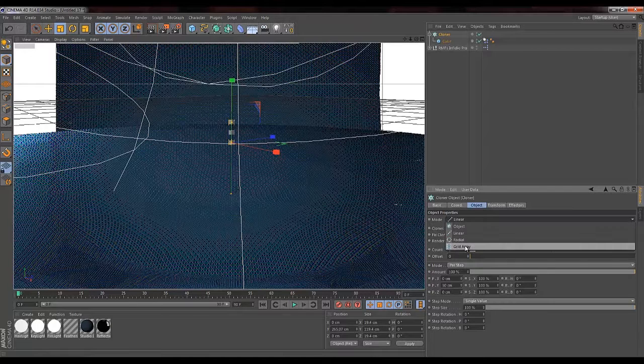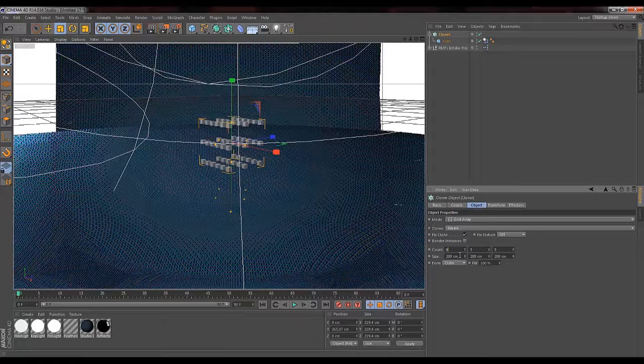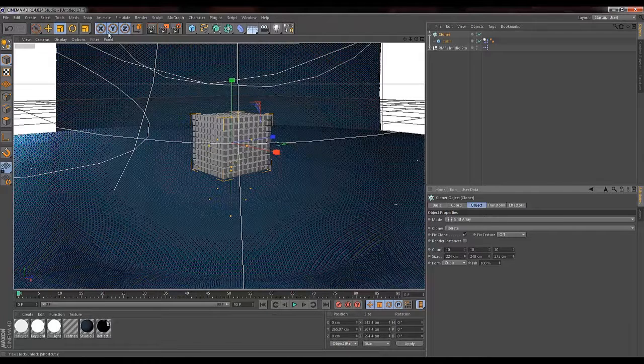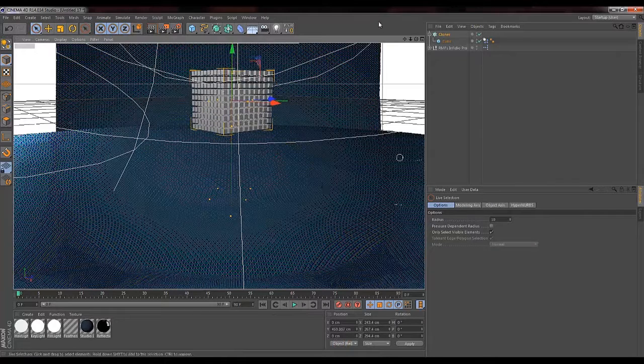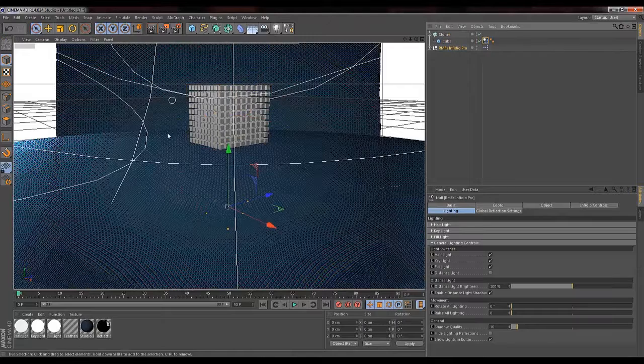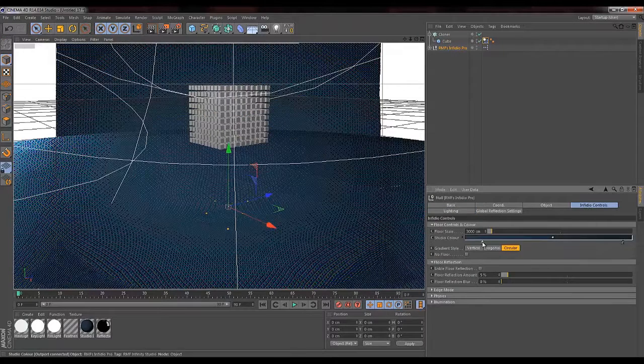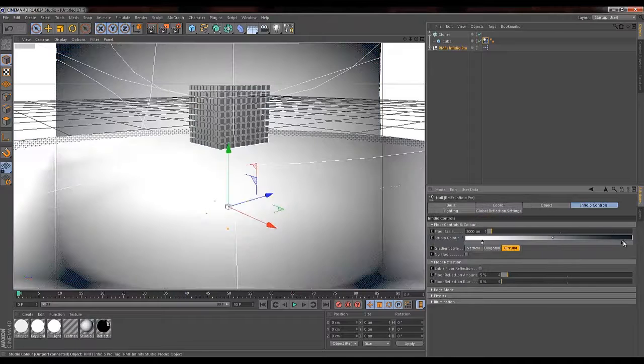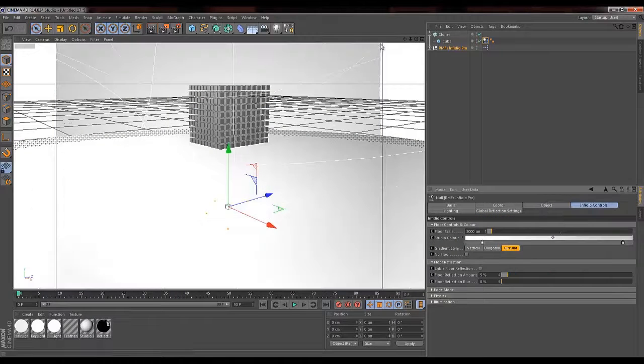I'm going to change the cloner to a grid array, and I'm going to up the numbers so we have a load of cubes like that. So 10, 10, 10, something like that. And let's just spread these out a little so that we get some action when these drop. Okay, and just raise them above the floor. The last thing I'm going to do is change the shape from automatic to moving mesh. Alright, I'm also just going to make a few changes on the studio because it's a little bit difficult to see with this color. So in the studio controls, I'm just going to change it to white, like so. There we go. And I'm just going to hit play,